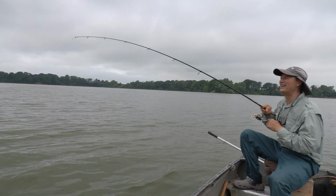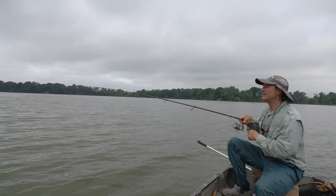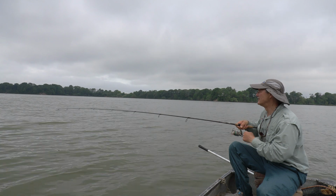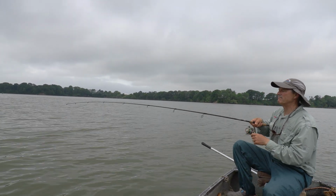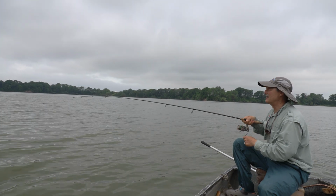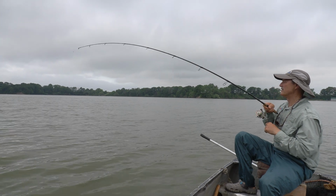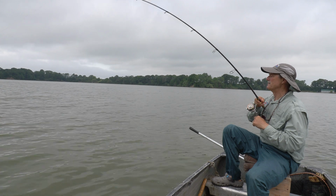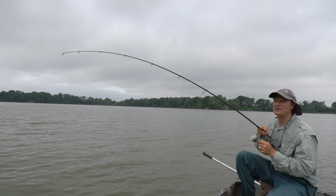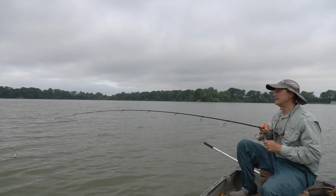He bit right away. Okay, I'm also running a 20-pound fluorocarbon leader off my swivel. Not that you need it as much for catfish, but I still like to take the more finesse, less visibility approach. Okay, let's see what we got here. Sometimes you'll even catch bullhead on those smaller bait pockets. There's actually a real small one for bullhead, but